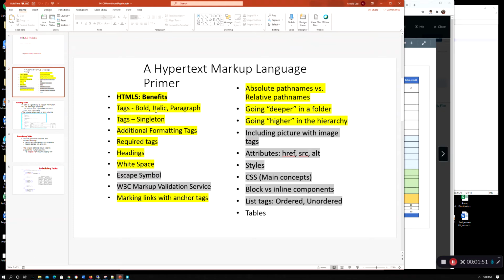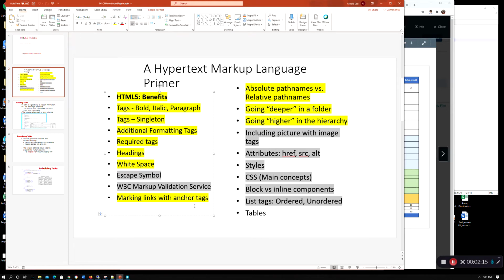You definitely need to know very basic things like the bold, the italics, setting the paragraphs. What does a singleton tag mean? There's a couple other formatting tags that we covered. The skeleton, which would be under the required tags. Headings, this validation service,